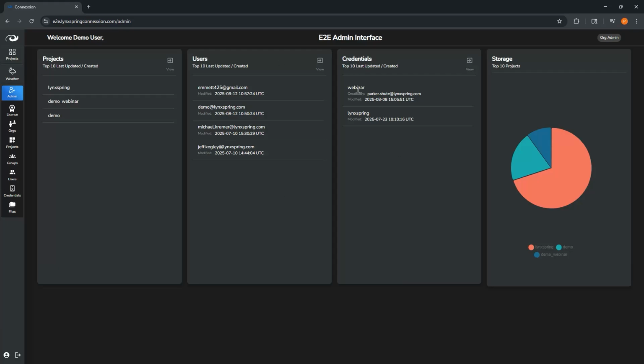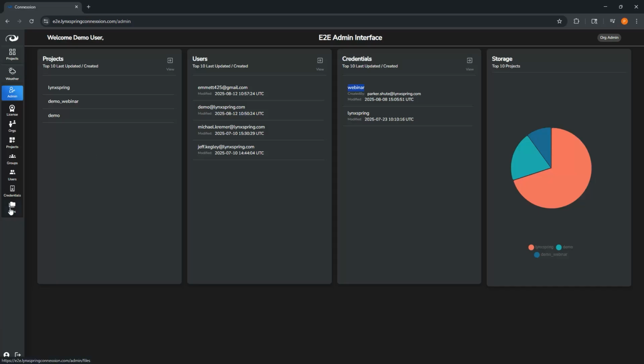So this webinar credential, this is actually one of the ways that you set up that E2E connector. If I was back on the Prode Builder, you would see that these webinar credentials were plugged in there. You can use those on your devices to make connections and then segment the data to that specific project. It's a little more in depth for this conversation today, but if anybody wants to get a deep dive, we can kind of go through the more technical aspects of this and put that together for you.